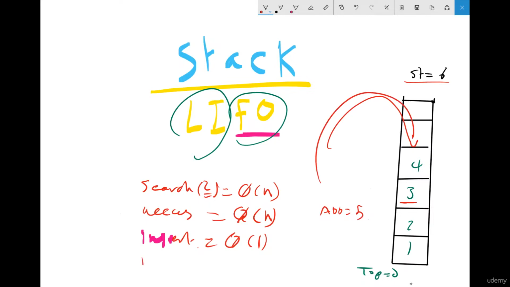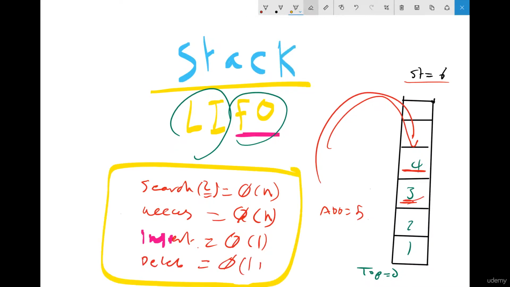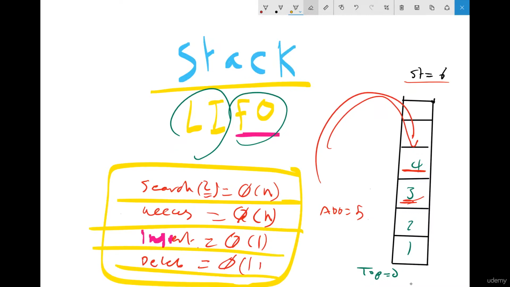So it takes O of 1. Delete is the same thing. When you delete, you can delete only the last element. So you delete this one, then this one. So it takes O of 1. So this is the big O notation for a stack. See search, access, insert, delete, and see how the stack is working. So now next, when you see